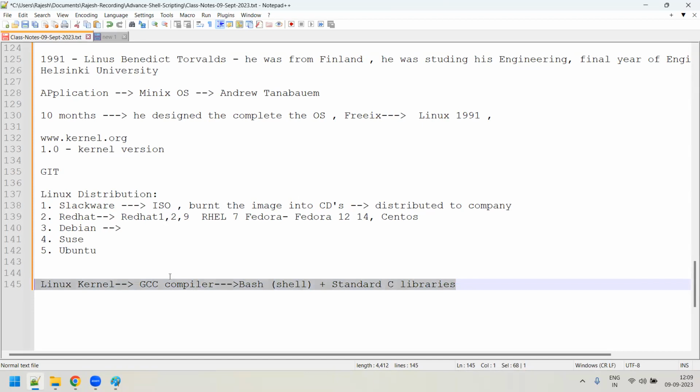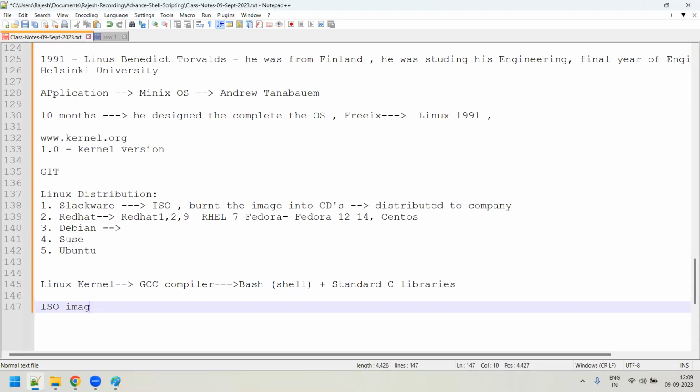So the whole operating system, if you take any operating system, it has all these components within it. It is a mixture of applications, the compiler, the middleware and the Linux kernel. Everything together, it will be given as a package. So you need to take everything, create an ISO image, and take that image and install it in your machine. Companies like Red Hat or SUSE or Ubuntu will do the same thing.